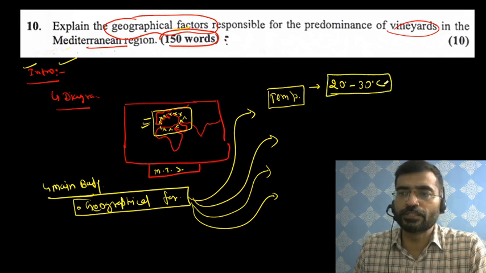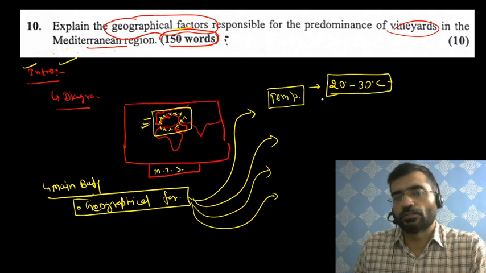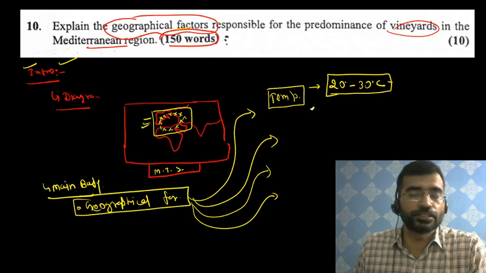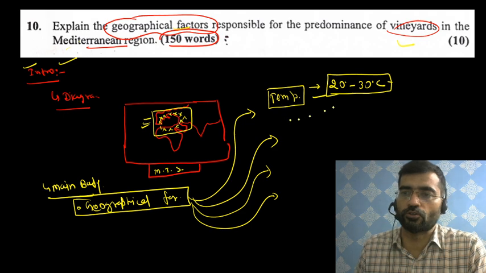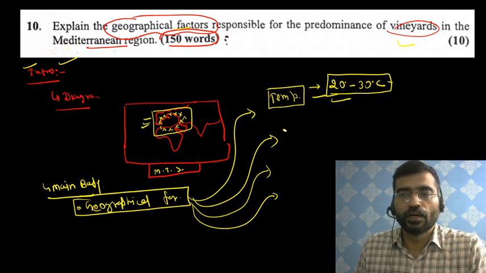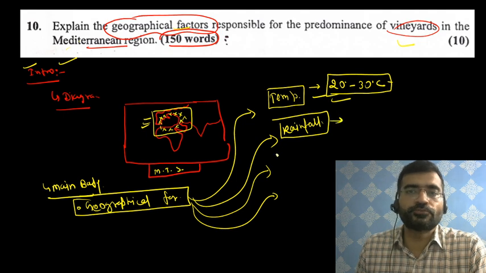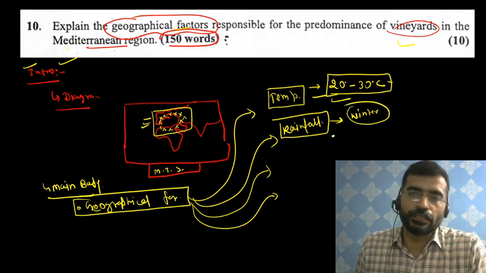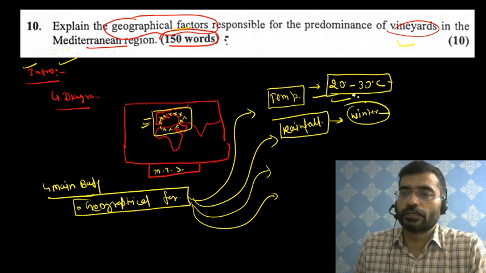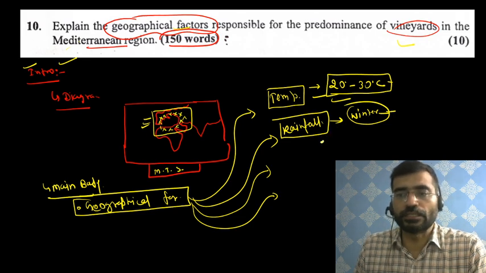This ideal temperature supports the plantation of citrus fruit, and citrus fruit is the raw material for wine production. So wine is ultimately the product of the fruit, and this temperature supports the growth of that vineyard. Again, rainfall pattern. Here what is interesting is that rainfall occurs during the winter season. Winter rainfall is beneficial for fruits like olives and grapes. So this way that is being cultivated here.